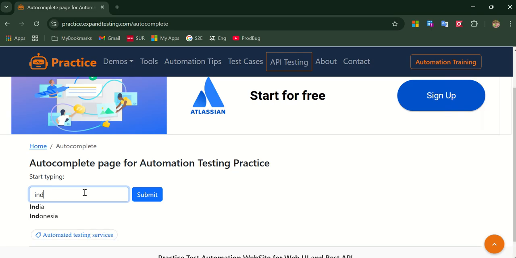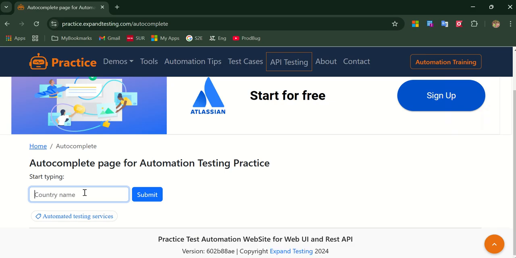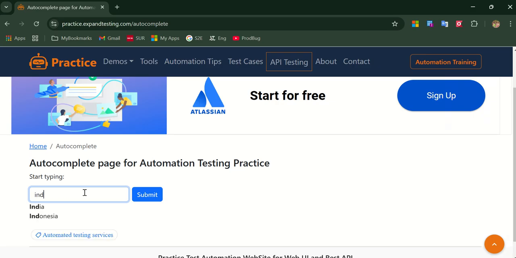IND. So I am pressing slowly, right? In my keyboard. As a human, we are typing slowly. I, then N, then D. Are you able to understand what I want to say? So press sequentially is to automate such kind of thing. When you write by your hand in the keyboard, like I, N, D, so slowly, right? But